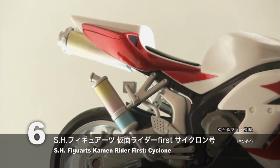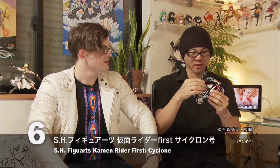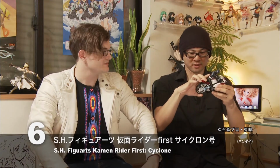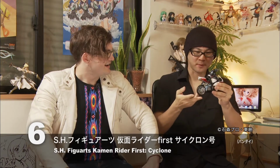Nice paint job. Then you want to take a look? Let's have a look, let's have a look. Oh, lovely, lovely. So he sits on here like this, I guess. Oh, very detailed bike over here. Really super nice. Oh look, the suspension works as well. Yeah, it's awesome. I wonder what noise he makes. Maybe some...